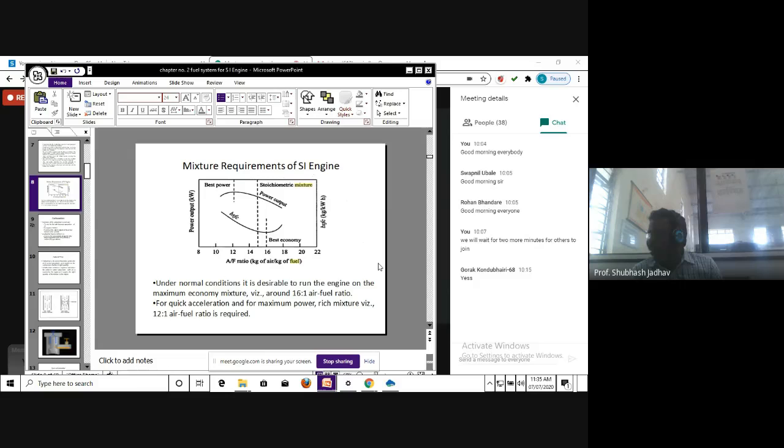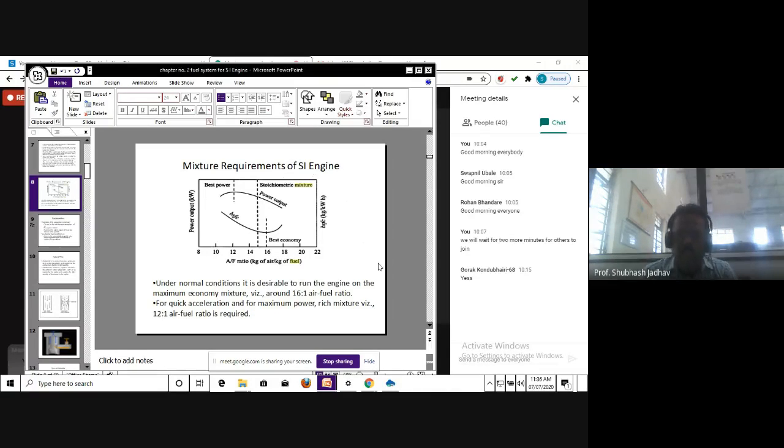It is the process of formation of the combustible air-fuel mixture by mixing proper amounts of fuel and air before it is introduced into the combustion chamber. Before the air-fuel mixture is introduced into the combustion chamber, it has to be ensured that a proper air-fuel mixture has been formed,